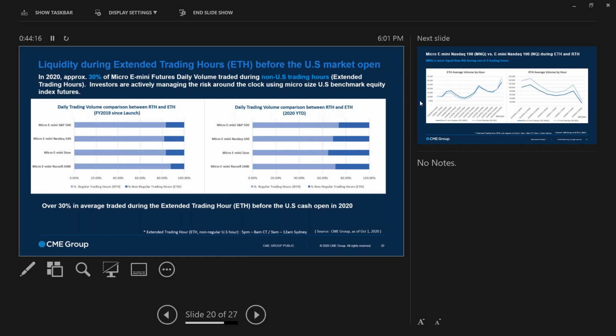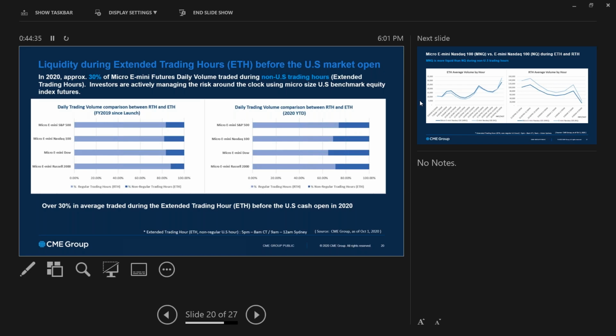RTH is the US cash hours, and ETH is non-US hours, extended trading hours. So it's 9 a.m. to 12 a.m. Sydney, which is I think 8 a.m. to 11 p.m. Queensland. So during that ETH, it's actually more than 30% of the daily trading volume